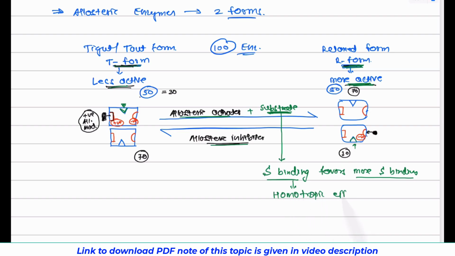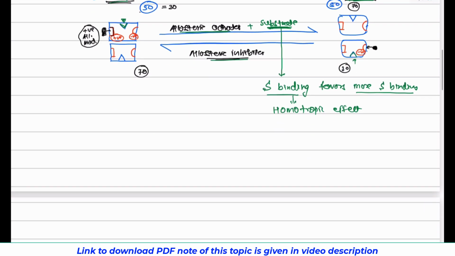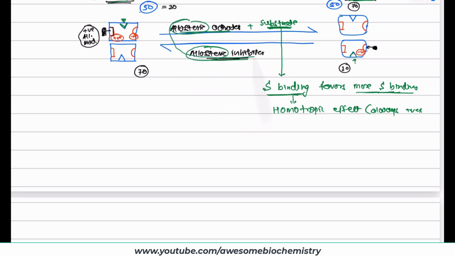Homotropic effect, right? The same thing is favoring its own binding, and it is always positive. Whereas in the case of an allosteric activator or allosteric inhibitor, what is happening? They are changing the binding of the substrate. So here, another molecule, not the substrate itself, rather we can collectively call this an allosteric